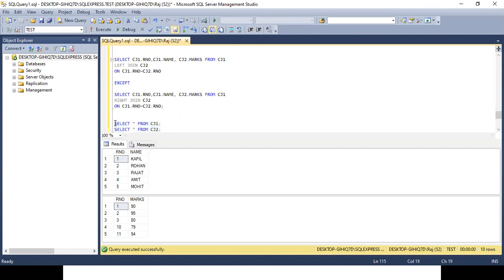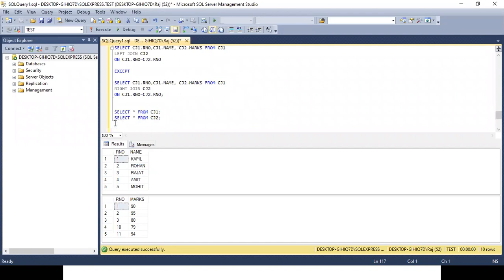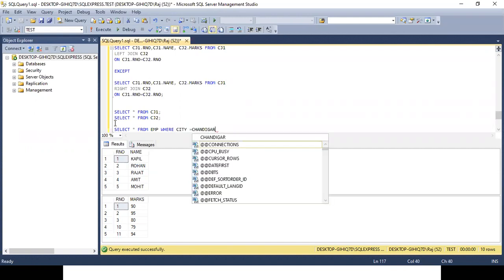Let me give you another example. Select star from EMP where city is equal to Chandigarh.